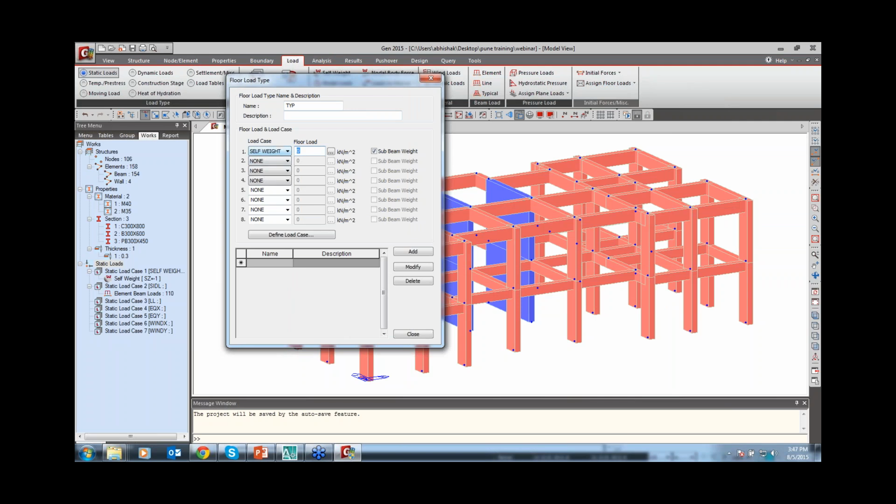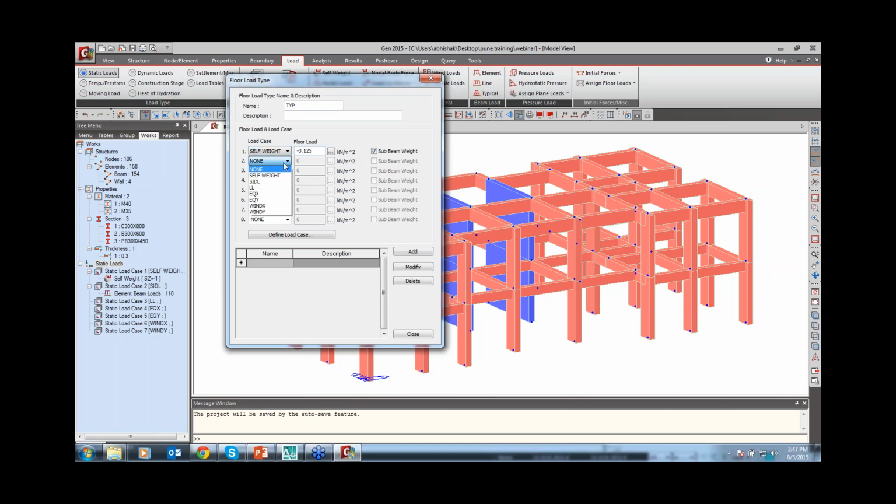So self-weight of the slab I have to consider. Generally, it is a normal 125 mm thick slab. So according to the 125 thickness, my self-weight of the slab is 3.125